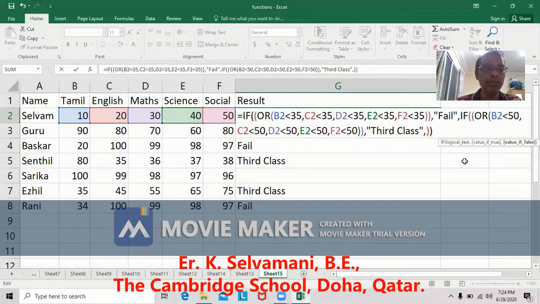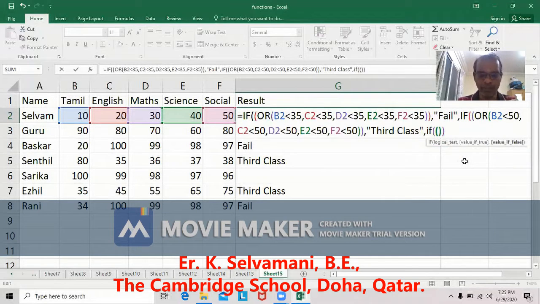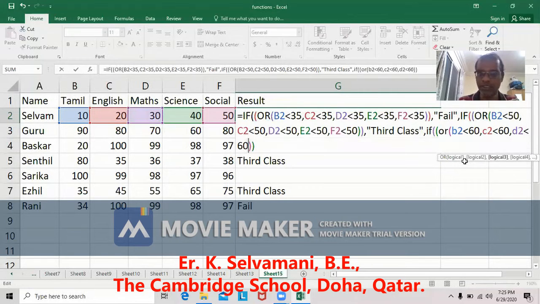Either B2 is less than 60 or C2 less than 60 or D2 less than 60 or E2 less than 60 or F2 less than 60. We need two brackets, or one more bracket, now we get to check it up. B2 less than 60, comma, C2 less than 60, comma, D2 less than 60, comma, E2 less than 60, comma, F2 less than 60.